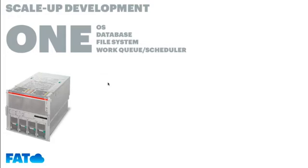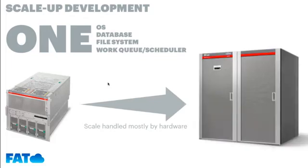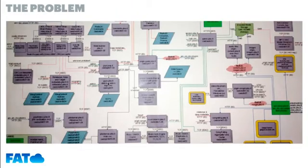And if you ran out of performance on your 4-processor Unix machine, for example, you would scale up to a bigger machine. Go to a 16 or a 32 or a 64 processor machine. Scale was therefore generally handled by hardware, in that you'd get more performance from the box and you'd scale up as the box scales up. However, the problem that we face in developing for commodity systems is that we actually have to architect a much more complicated series of functions as we subdivide how our application will work out across many entities in the data center. This chart that you see here